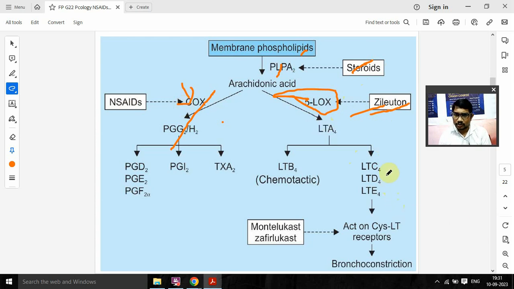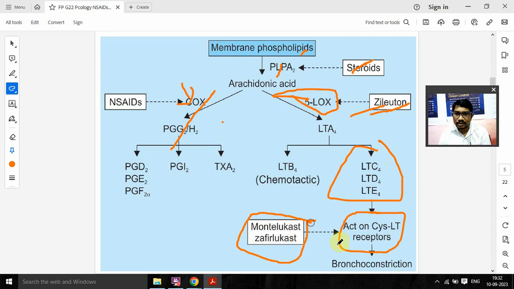and again, if you cannot inhibit this, so if there is a final production of leukotrienes, they will act on their receptor known as the cysteinyl leukotriene receptor. Okay, and there are certain drugs known as the lukasts, montelukast, zafirlukast. These drugs inhibit this receptor. They are known as leukotriene receptor antagonists. So montelukast, zafirlukast, okay.